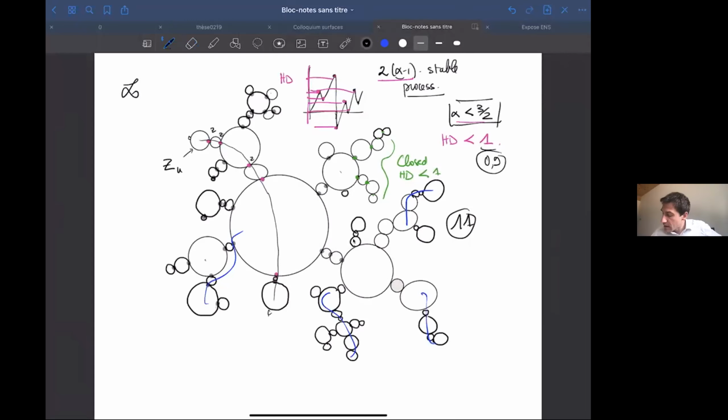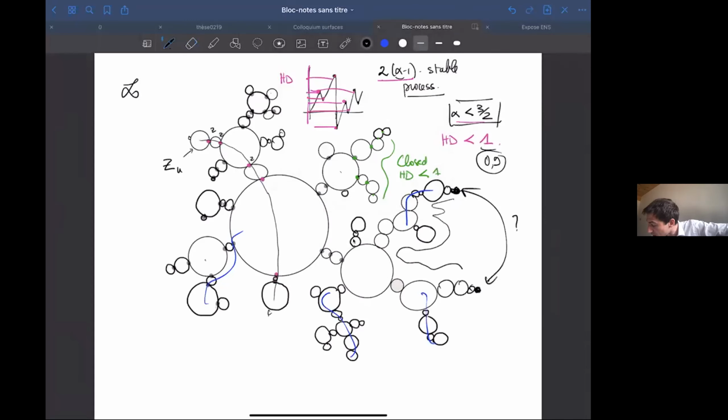Now let me give you a hint of the proof of the topology. Imagine that you have a point here and you want to go to this other point here. And you ask, are they identified? Are they the same? There is a very easy answer if the process here is below.